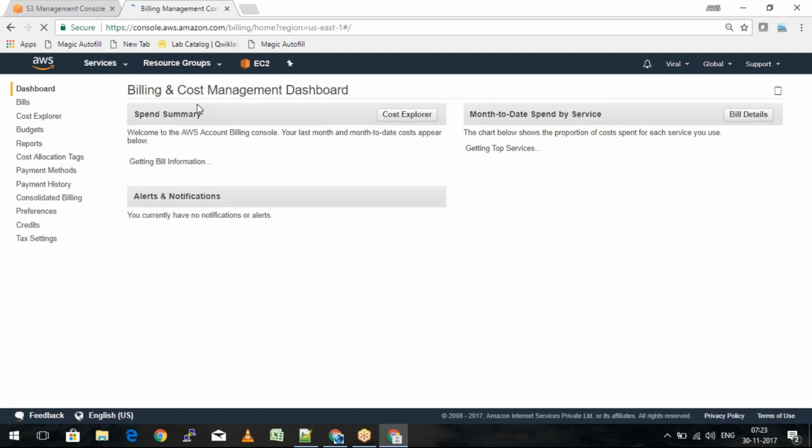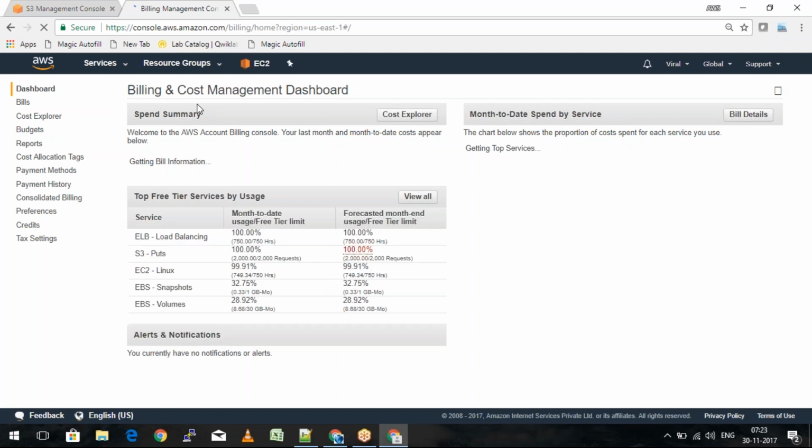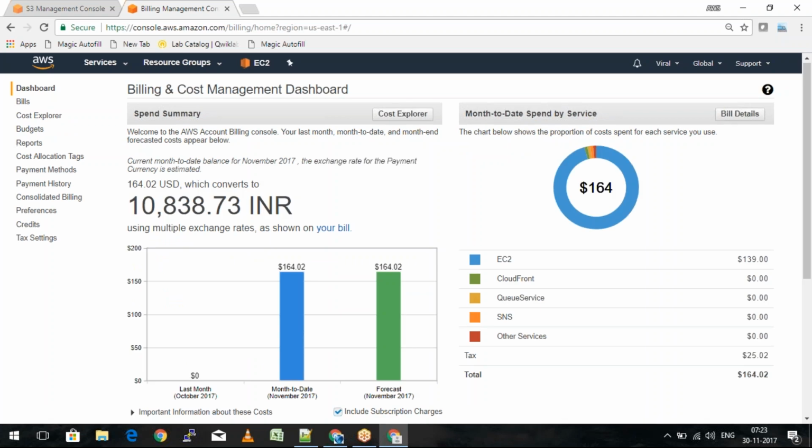It's still loading. Yeah. So there we go. If I scroll down the page, here it shows the number of S3 puts. If I go ahead and click on view all,